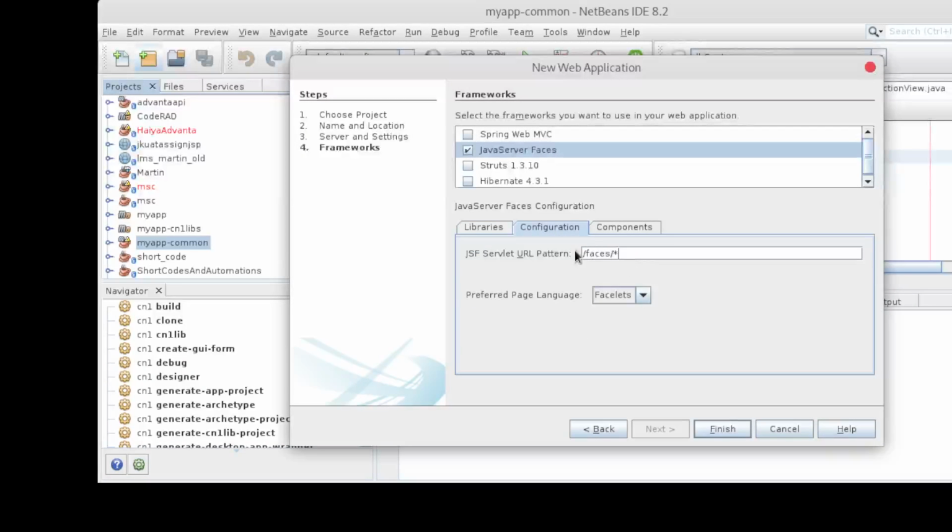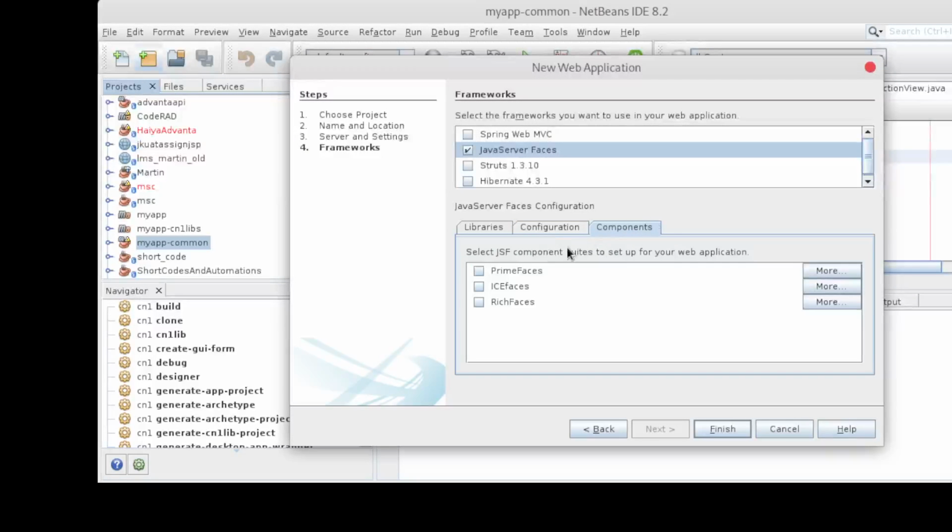Then from configuration, we will not be changing this. We will be running this maybe later. And our page, we are going to render using Facelets. On components, we can see that we have PrimeFaces, IceFaces, then RichFaces. RichFaces is already wiped out. These are dead projects currently.